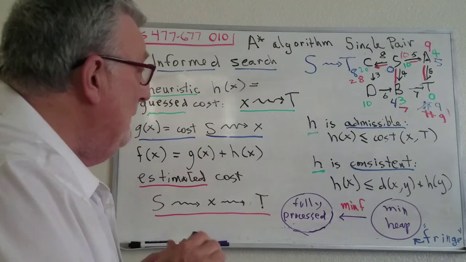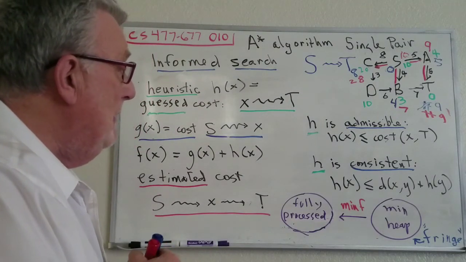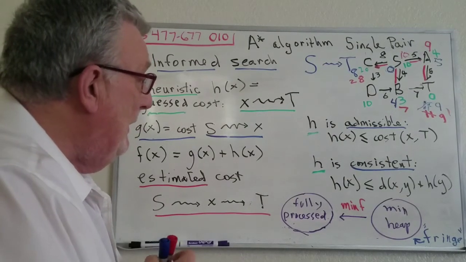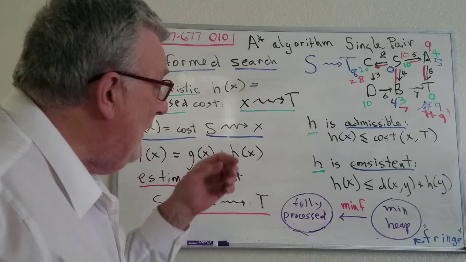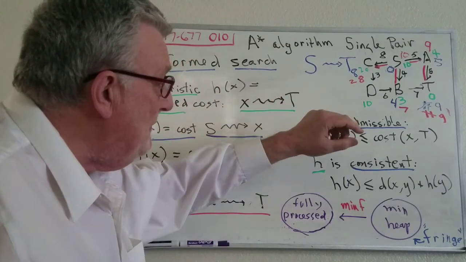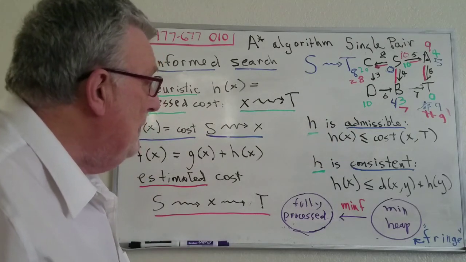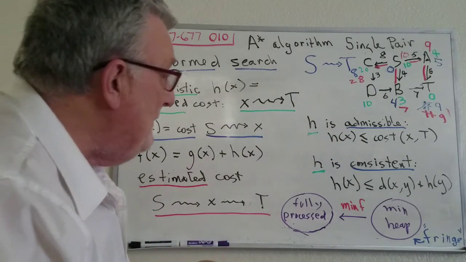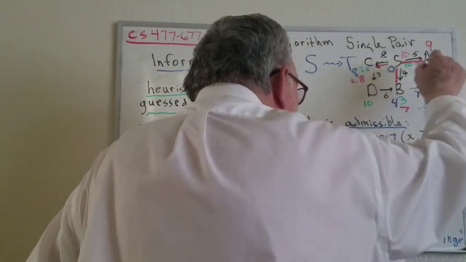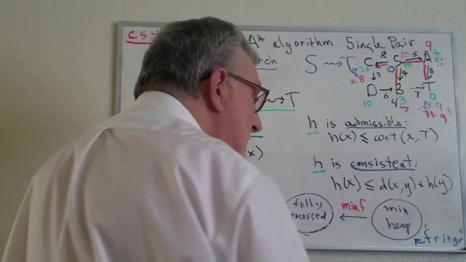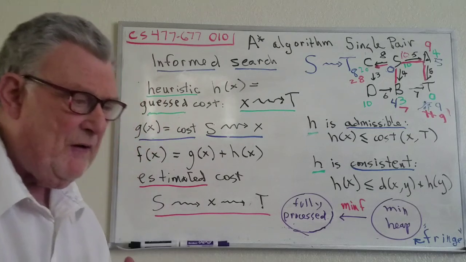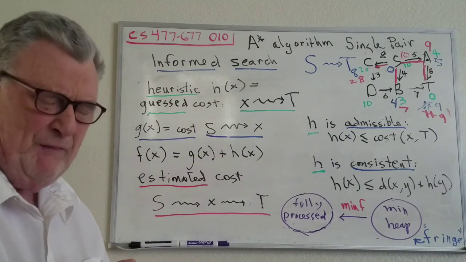Now at this point, we can be certain that we're not going to go any farther. The reason for that is that the value here of 28 is too big. So we can stop, and we have computed the minimum path from S to T, which is S, A, T. And you notice that we never even looked at D. The time savings of the A-star algorithm are derived from the fact that we